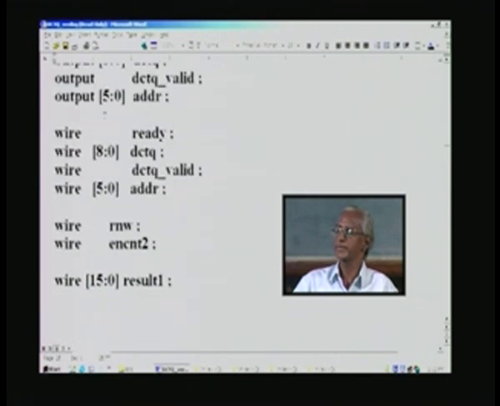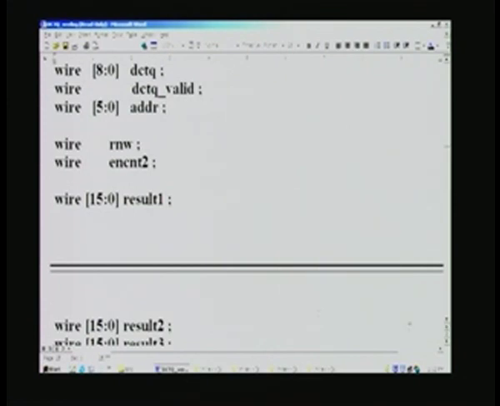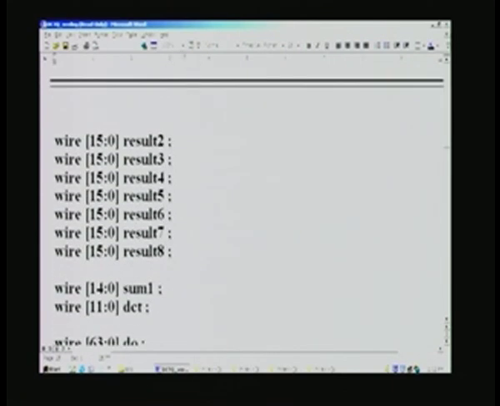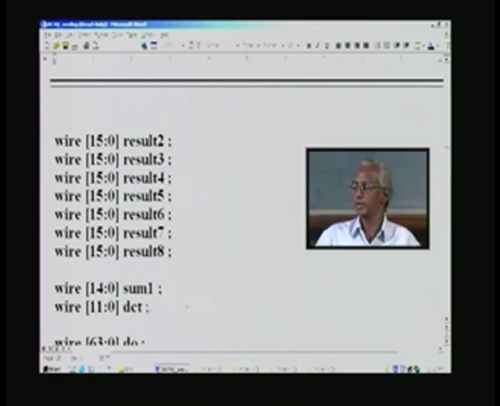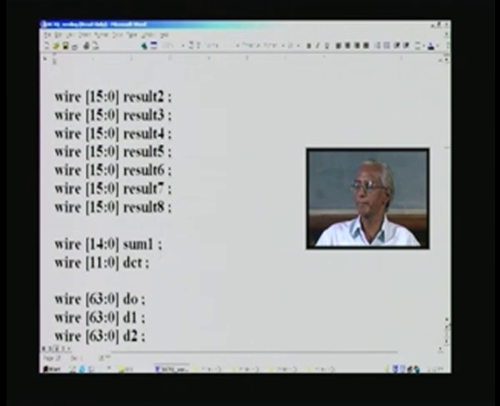For example, address is 6 bits here, and DCT-Q is 9 bits, and DCT will be 12 bits, and so on. And if you remember the first CX multiplication, we used 8 multipliers. They all produce the outputs result 1 to result 8, which are 16 bits in width and listed here, and finally we added all of these in order to create one partial sum, and that is